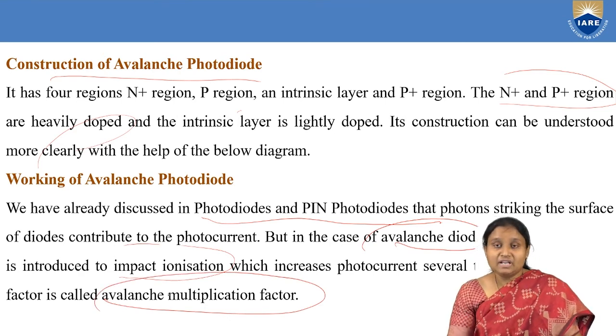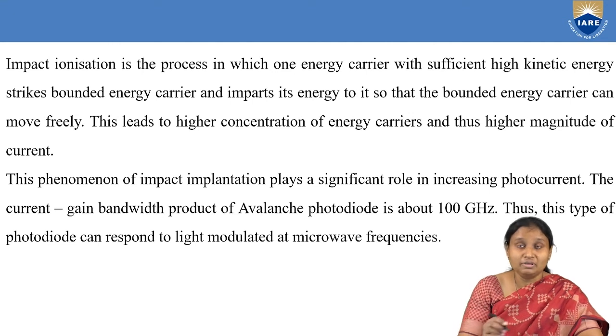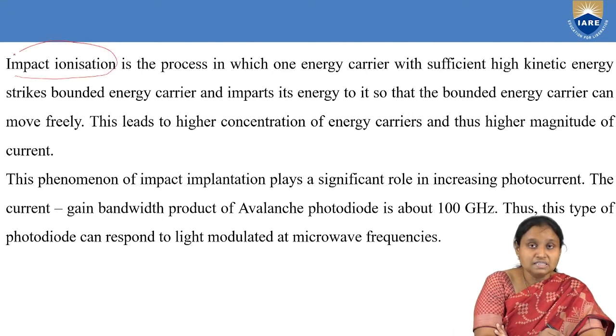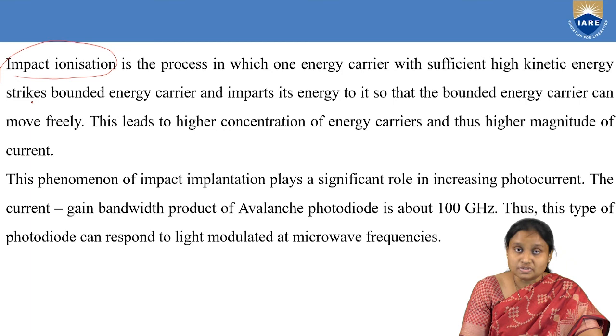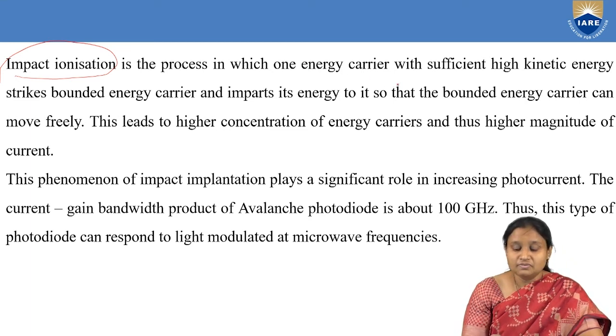So what is the avalanche multiplication factor? For that we should know the phenomenon of impact ionization. So what is impact ionization? It is the process in which one energy carrier with sufficiently high kinetic energy will go and strike a bonded energy carrier and impart its energy to it, so that the bonded energy carrier